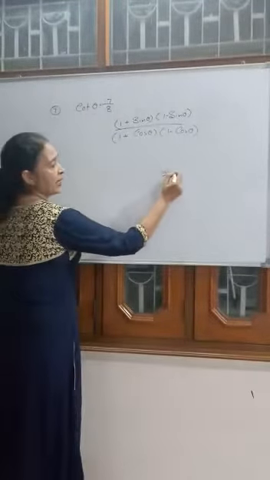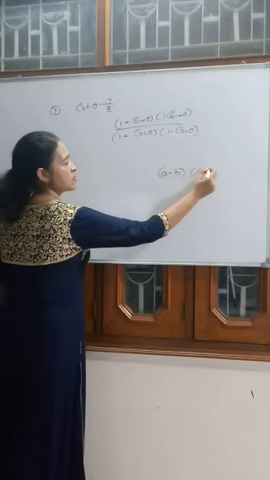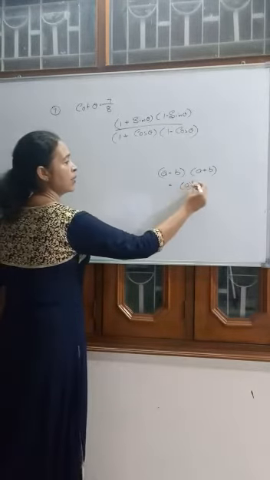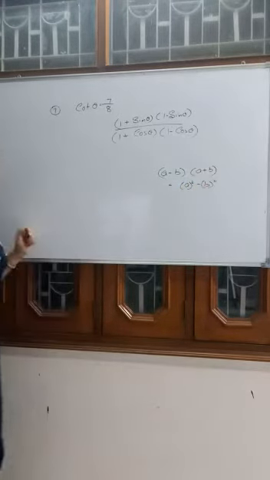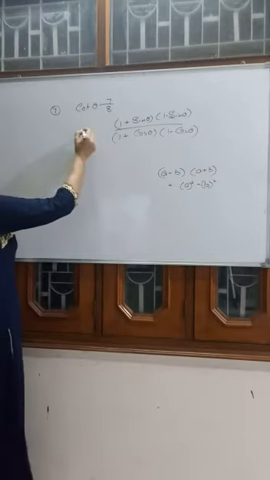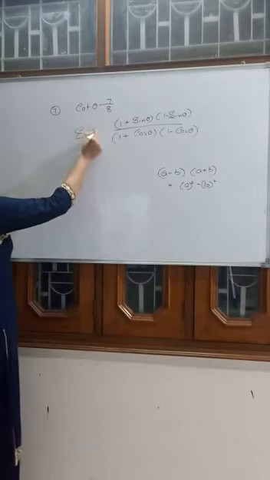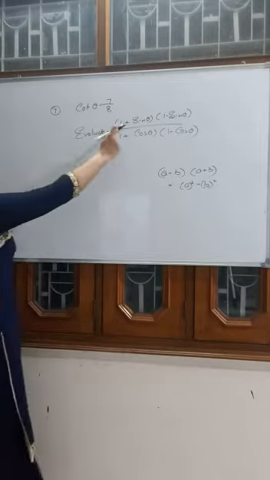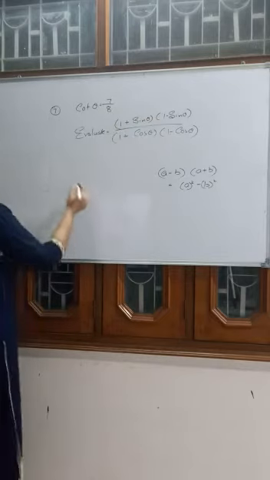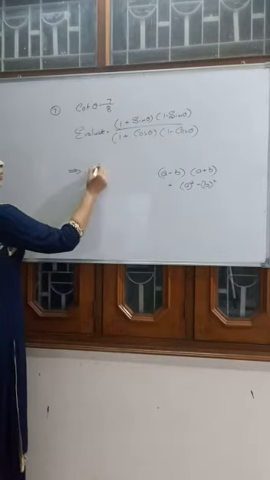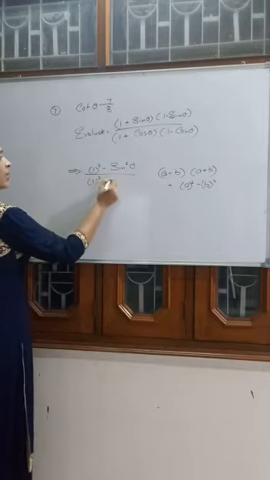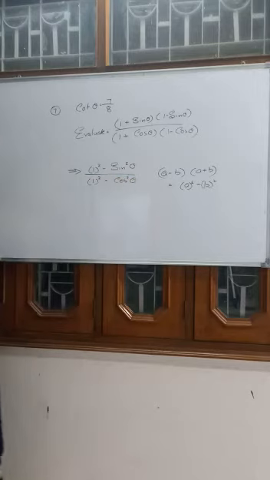Okay. As you all know, we have a property: (A minus B) into (A plus B). What is this property? That is A whole square minus B whole square, which is (A plus B)(A minus B). We have to evaluate. We have to find the value of (1 plus sin theta)(1 minus sin theta). (1 plus sin theta)(1 minus sin theta) will give 1 whole square minus sin square theta, upon 1 whole square minus cos square theta, and cos theta whole square.